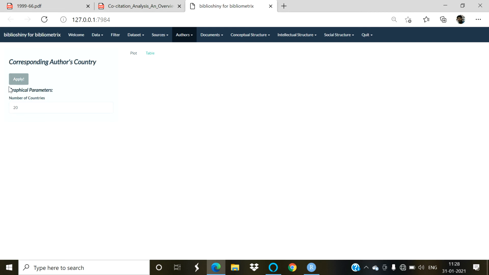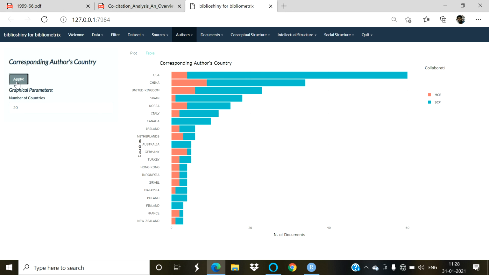Corresponding author countries. There may be one, two, or more authors in any document or paper, but the author who sends the document for publication to the journal is called the corresponding author. Here is the histogram provided in this section, bifurcated into two parts. As you see, the first part is orange and the second part is light green or blue.